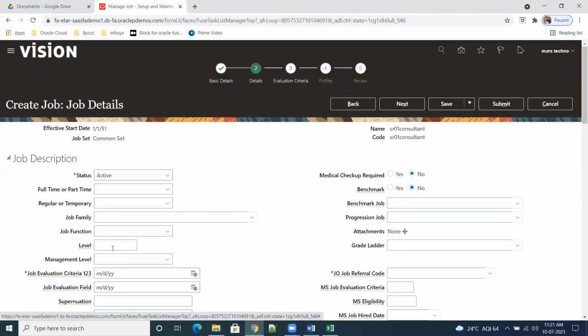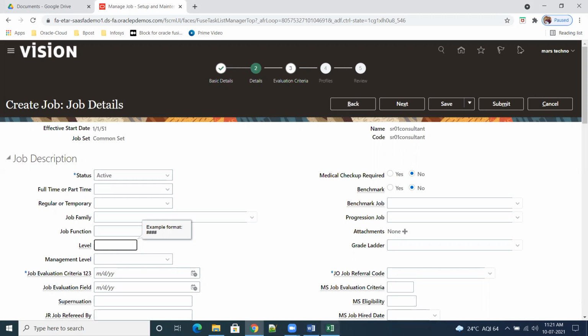And here the level will decide the position. So level also is a part of job. So we don't have position separately. I mean, position is there separately, but to trigger the position hierarchy or position approval, you must enter the level to the job. If the level is not defined here, then job level approval, position level approval, supervisor level approval won't work in the cloud. Okay, so the level decides the position.